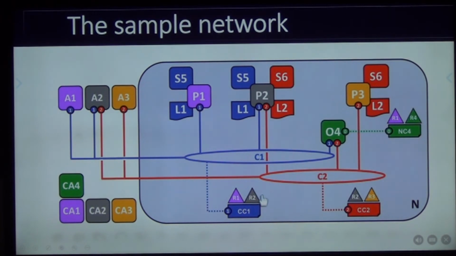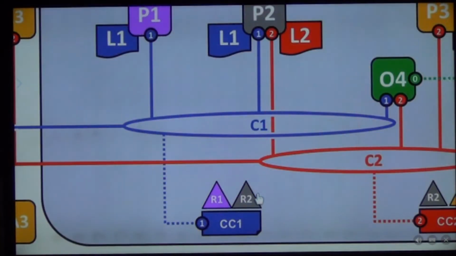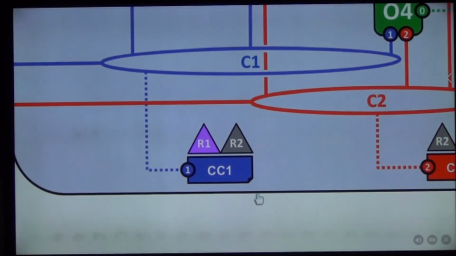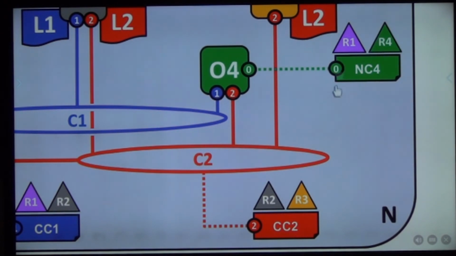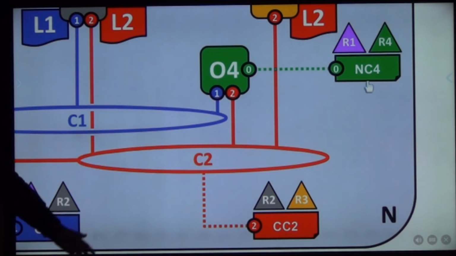So now you can see that, based on who wants to be part of which channel, here is where the network configuration is happening. So NC is the network configuration, who is configuring the whole network. They go to the HEC and say, this is a very good initiative that we have taken, we want to be part of this network. And HEC says, okay, you can be part of this network. So NC is the network configuration.